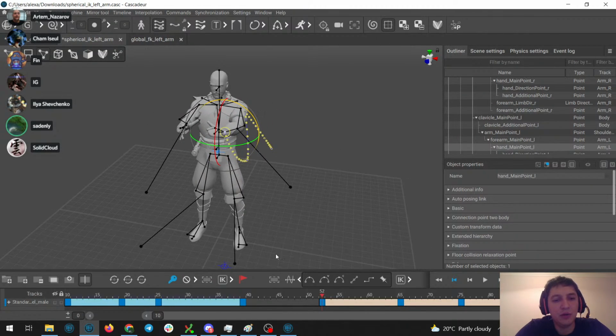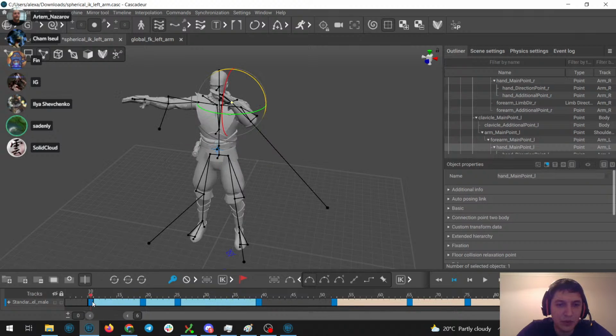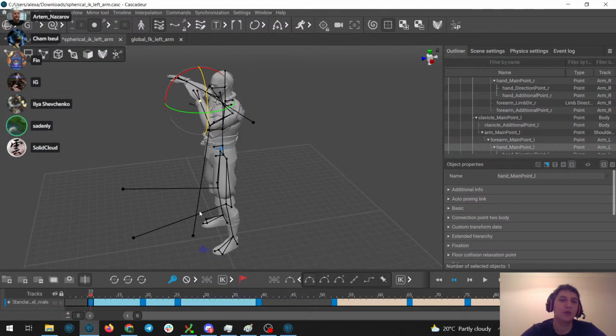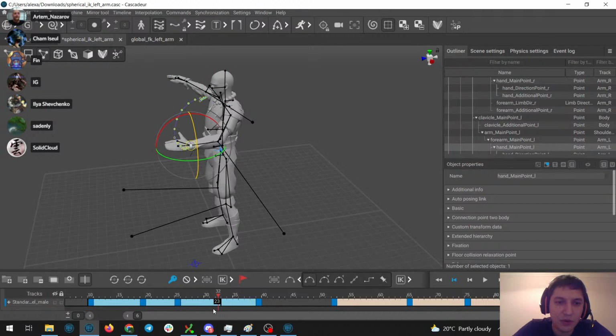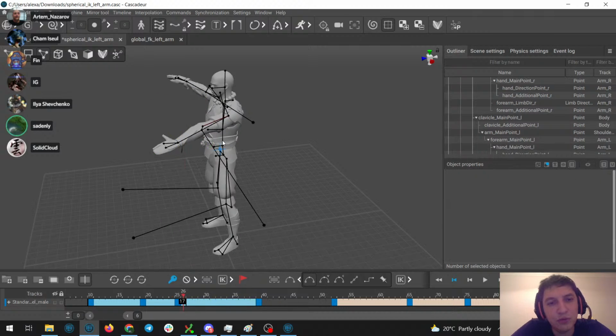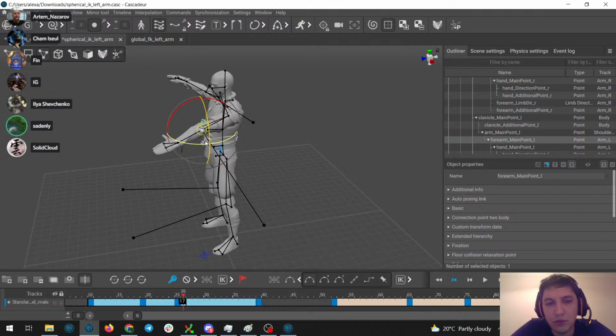The problem with this interpolation, its main con, is that you can still have shooting elbows, shooting forearms.